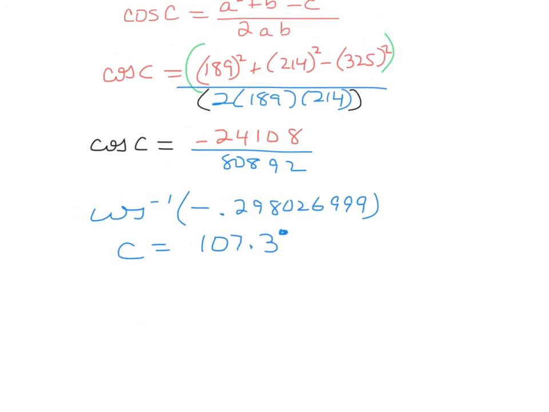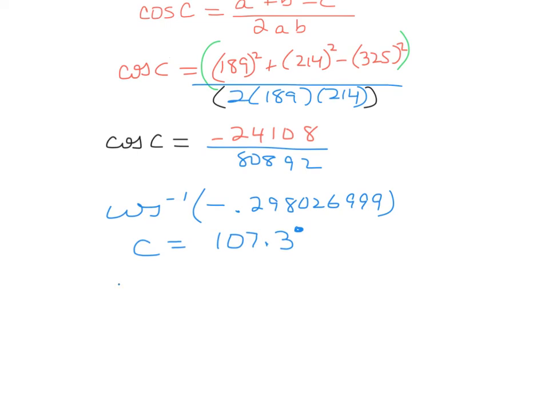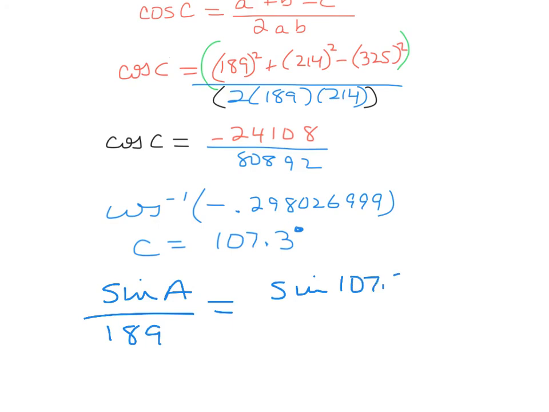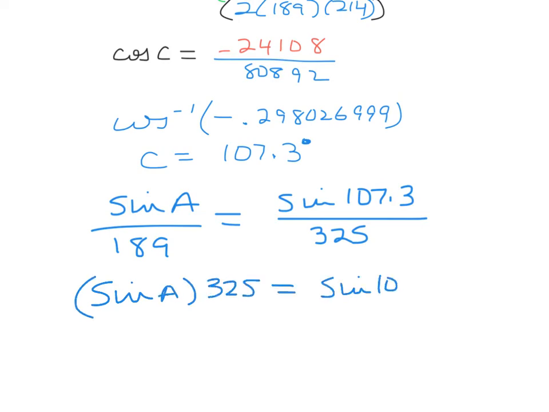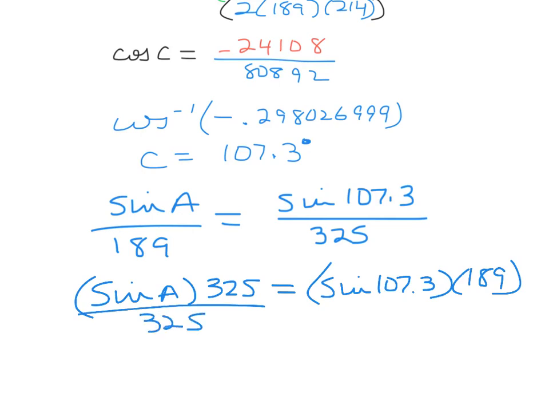So for angle A, I'm going to be doing the sine of A over 189, the sine of 107.3 over the side that's across from C, which was 325. I'm going to cross multiply. Sine A times 325 equals sine 107.3 times 189. Divide by 325,